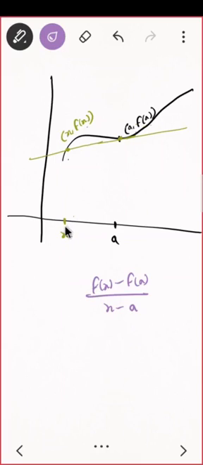What if I am taking my x much closer to a? If my x is here, then what will be your slope? It will be something like this. What if I am taking it much closer to a? Something like this. What if I am almost close to a, almost near to a? Then do you see that it will be just a line which is just touching the curve. The 2 points will be here only. So it will be just touching the curve.